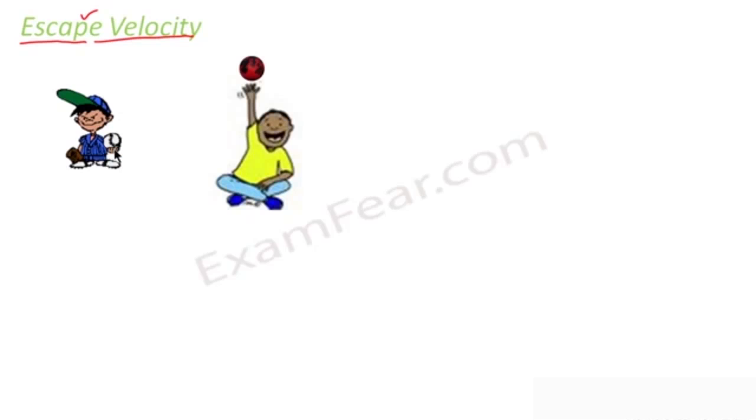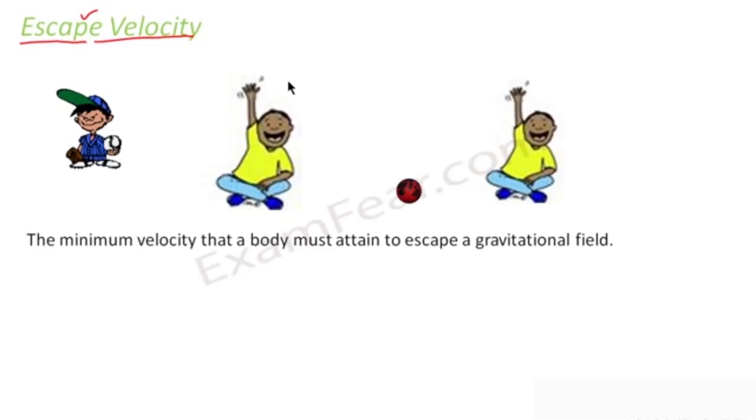Similarly, now imagine a scenario where you throw a ball with a greater velocity. In that case, what happens? It reaches a greater height, but finally falls back to the ground, because it was still experiencing the force of attraction by the surface of the earth, that is the gravitational force, and as a result it fell back after a certain period of time. But in this case it reached a greater height because you applied greater velocity. Now just imagine a situation where you increase the velocity to such an extent that it never comes back to the ground.